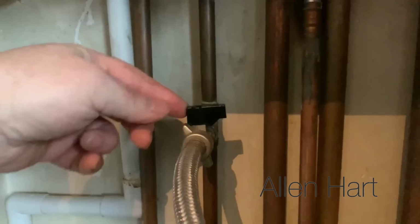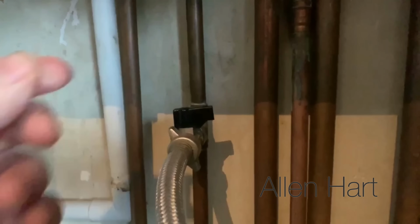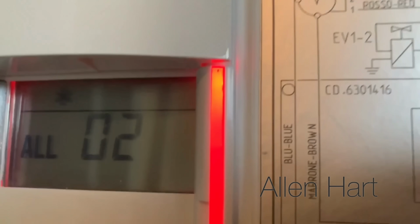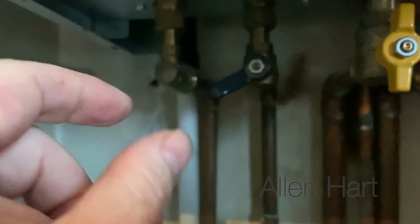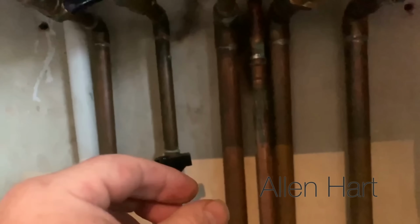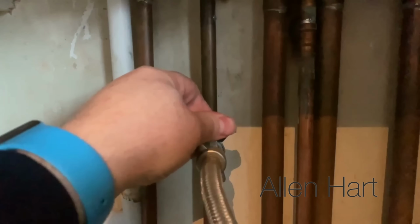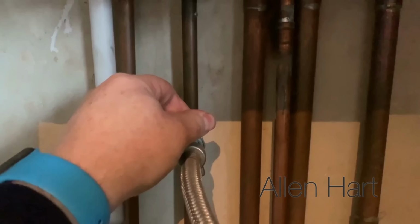So all we need to do now is open this valve here, and as I say, just remember, do not put too much pressure in. So we only want to get to just over 1 bar on that gauge there. Sometimes they'll have a manual gauge as well. The manual gauges are better because you can do it when there's no power on, but we've got what we've got. So right, so we'll open that now, and as we open that, and you don't need to do this quickly, just take your time,